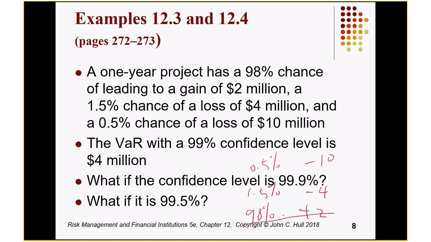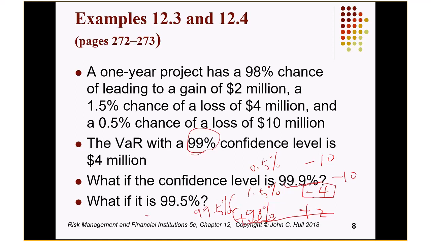So we're looking at 99%, right? You need to just calculate it cumulatively. We have only 98% here, so you need to move to the next level. That's why the VaR will be negative 4. And then if you add those two together, it will be 99.5%. If we're looking at 99%, we need to also move forward, like there's a negative 10.